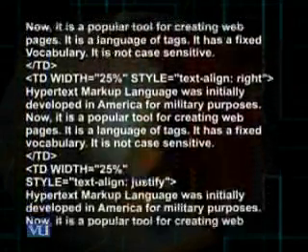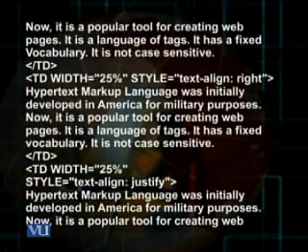I close the second TD. Because of the text align center, this text is now centrally aligned, which means that the words are at an equal distance from the left edge and from the right edge of the cell.